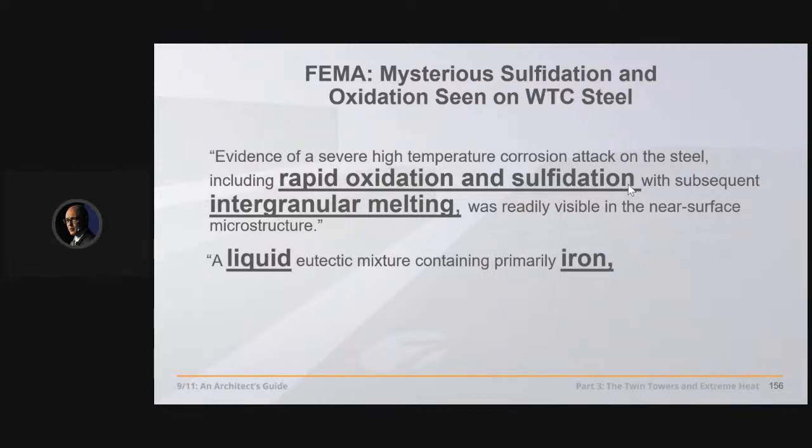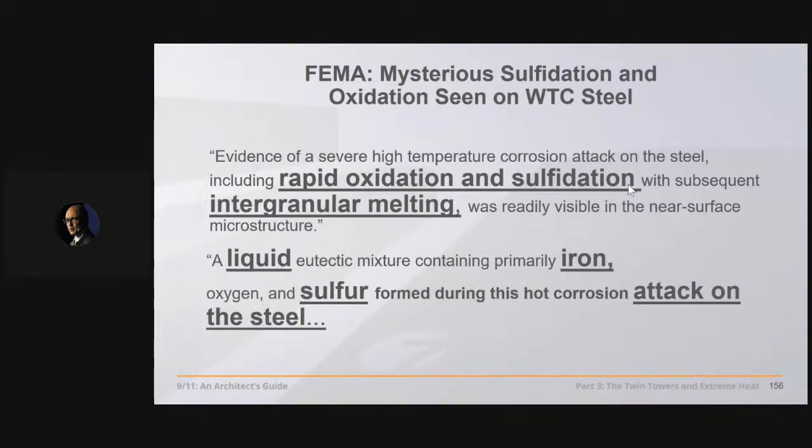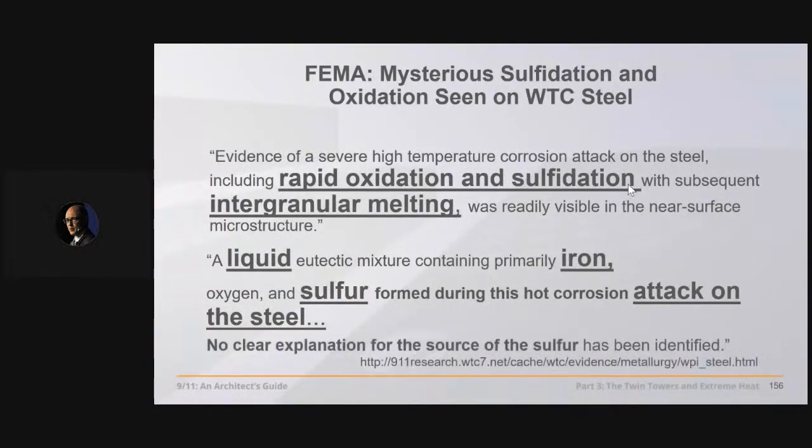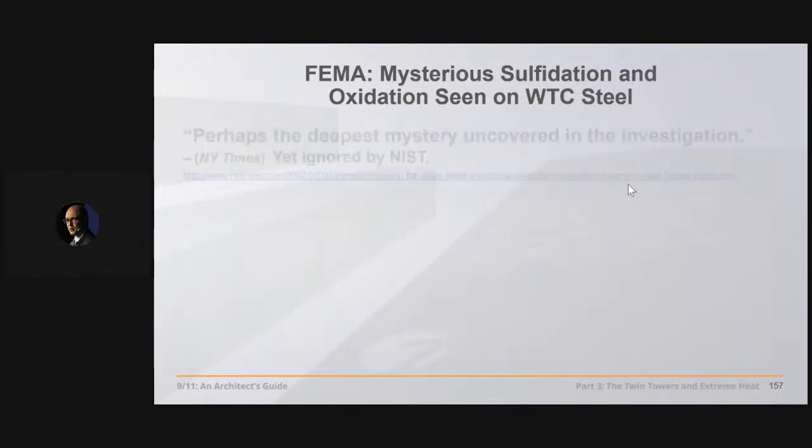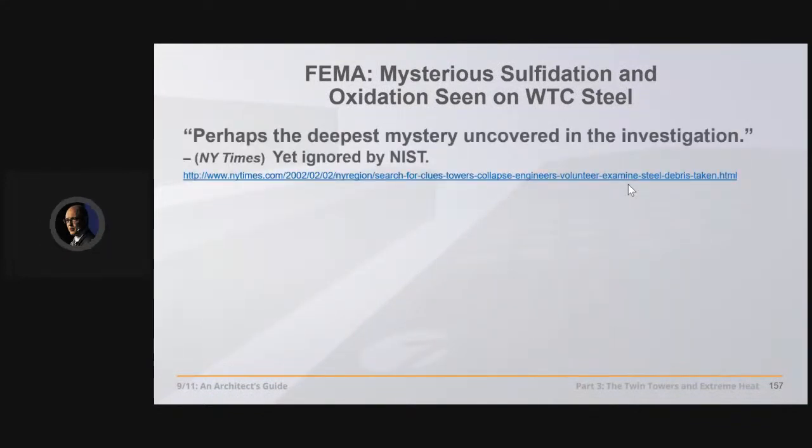Liquid molten iron. This is not the New York Times, but this is the original report done by Sisson. But interestingly enough, the hot sulfur attack on the steel. And there's no clear explanation for the source of the sulfur, they say. Well, the New York Times says this is perhaps the deepest mystery uncovered in the investigation. Yet it's completely ignored by NIST, omitted in the final report when they took over in 2002 from FEMA,